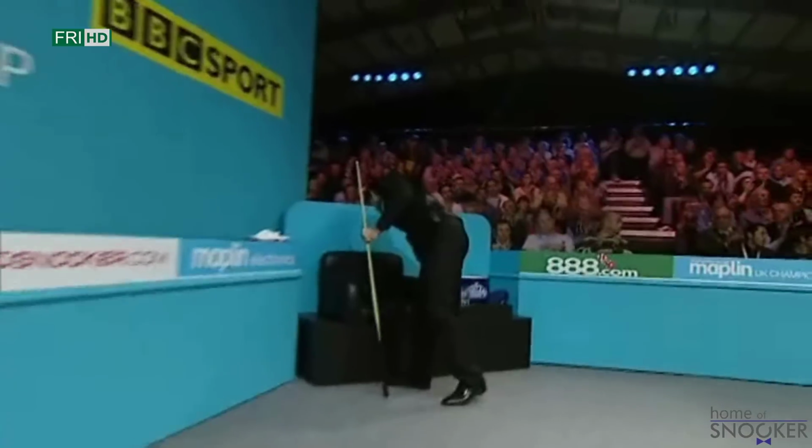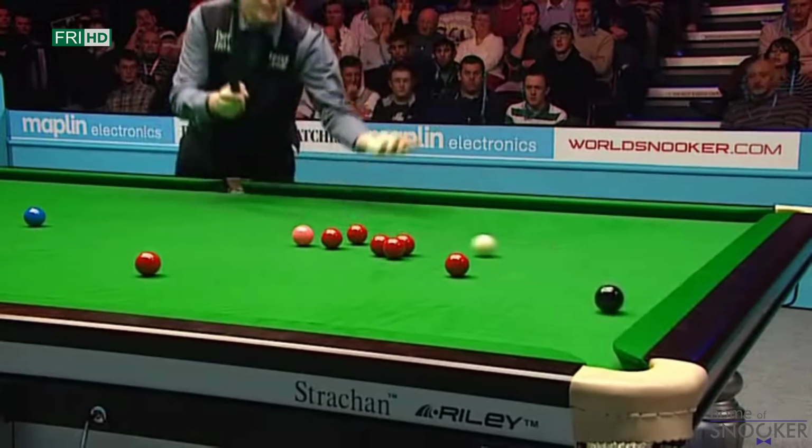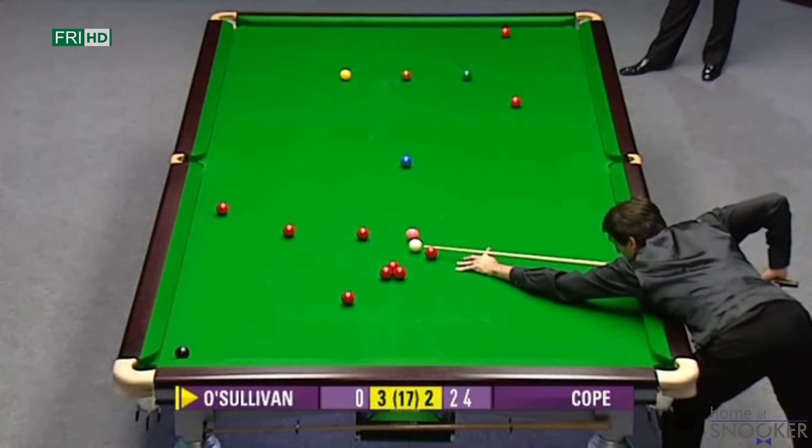He comes out after the mid-session interval. Side being imparted, this is dangerous. Yeah, and he got a horrible kick, to be fair to him. He had a horrible kick, but a frame if you play a bad shot, but when something like that happens,